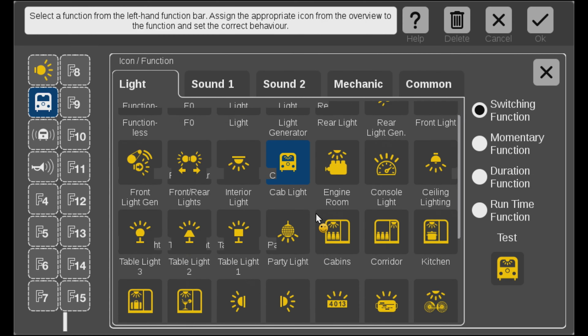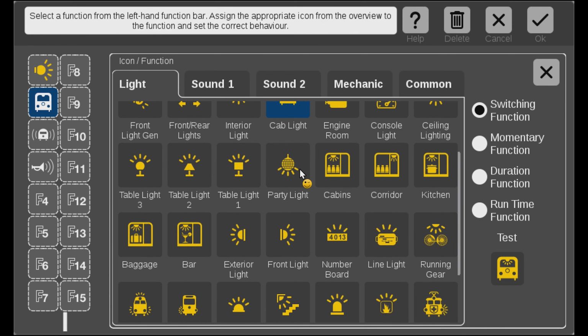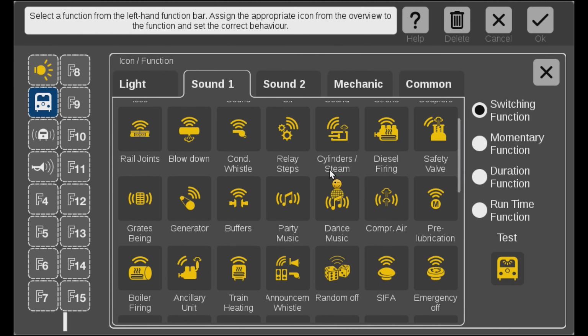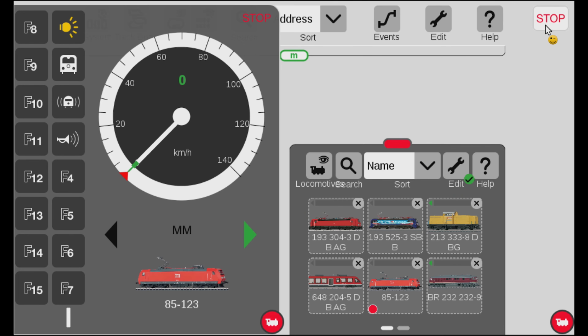So you see plenty of light functions. We go over, there's plenty of sound functions. So just go ahead and actually assign all of the functions. All right. One thing I will recommend after you have spent all the time entering the functions of a locomotive,